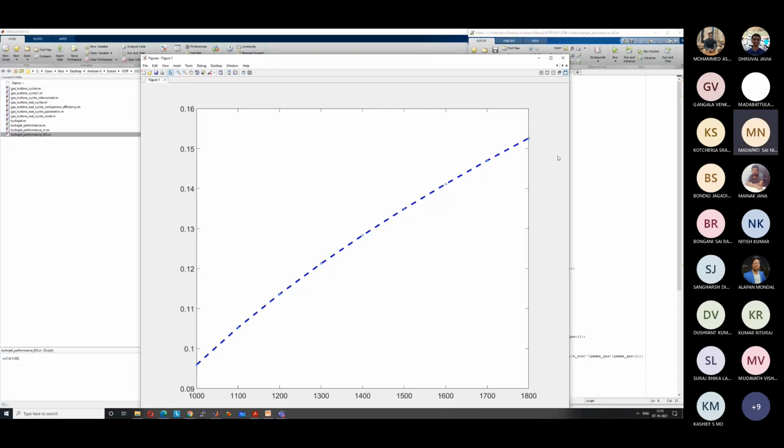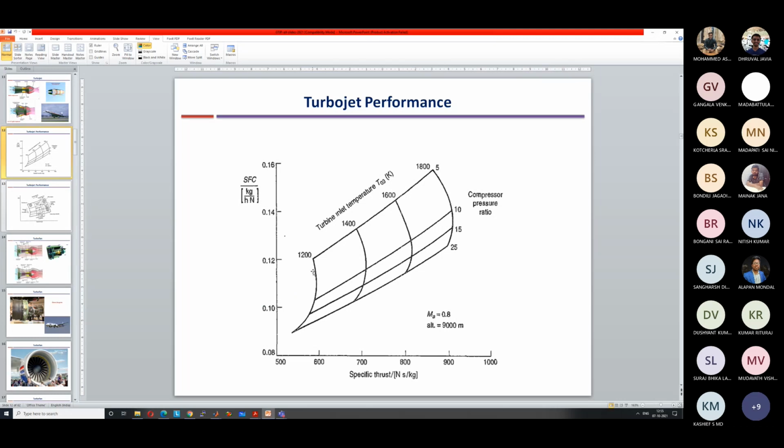So, adiabatic temperature of the fuel combustion. The temperature of the combusted products is directly related to the amount of fuel. Correct. So we need more temperature, so we need more amount of fuel. So both increase, right? So that's why you can see from here, just consider a single one of the compressor pressure ratios. So remember, can you say for this curve,